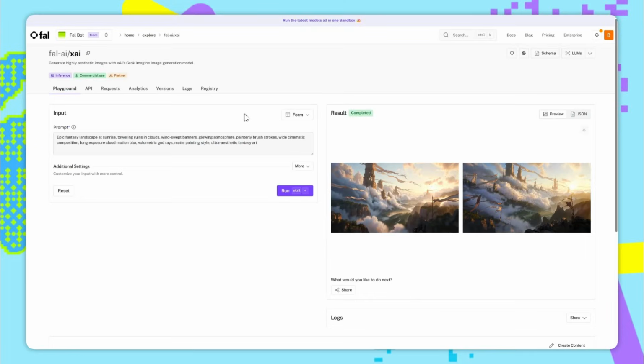Jumping straight in, we're now on the Grok Imagine text-to-image playground page on Fal. For this model, all we need is a text prompt as input, and the output is an image. So I'll go through lots of examples to show what the model's great at, and in this example we've used